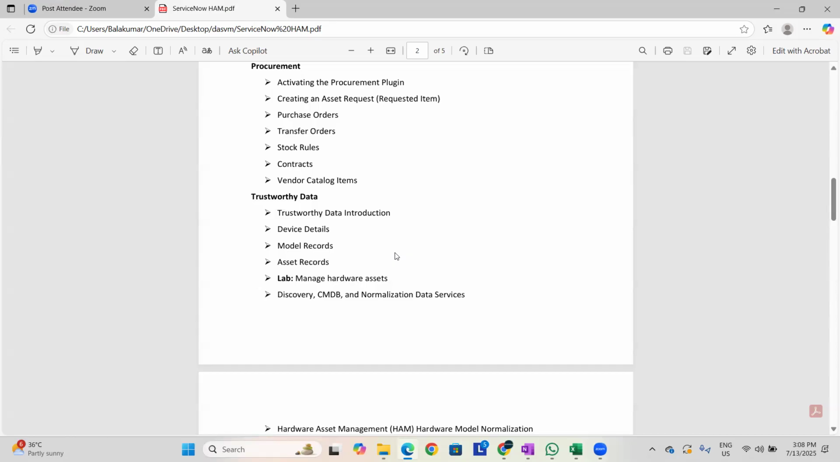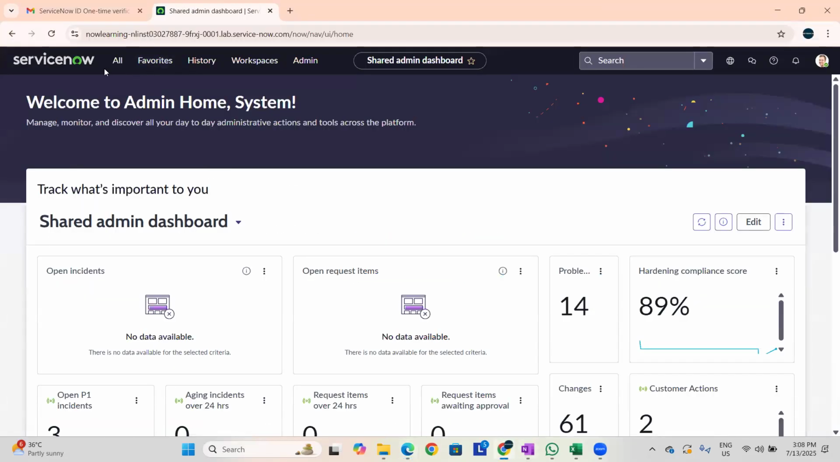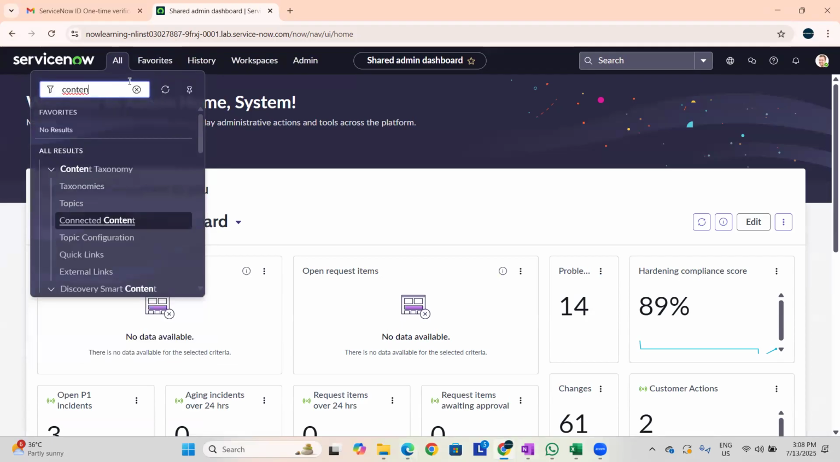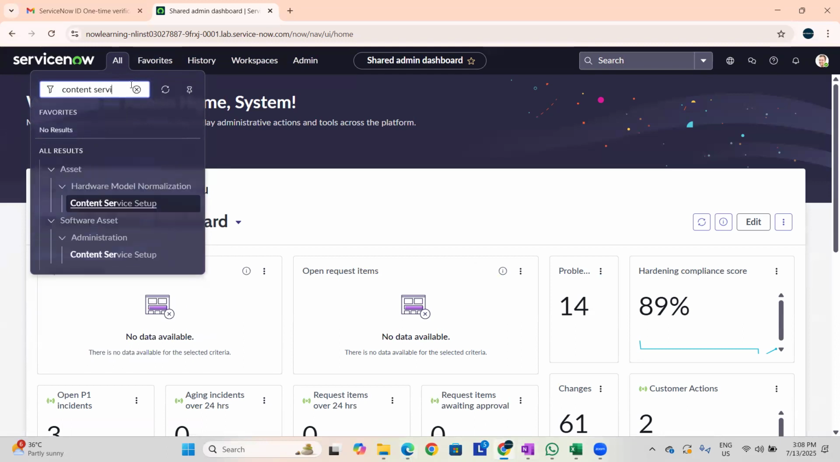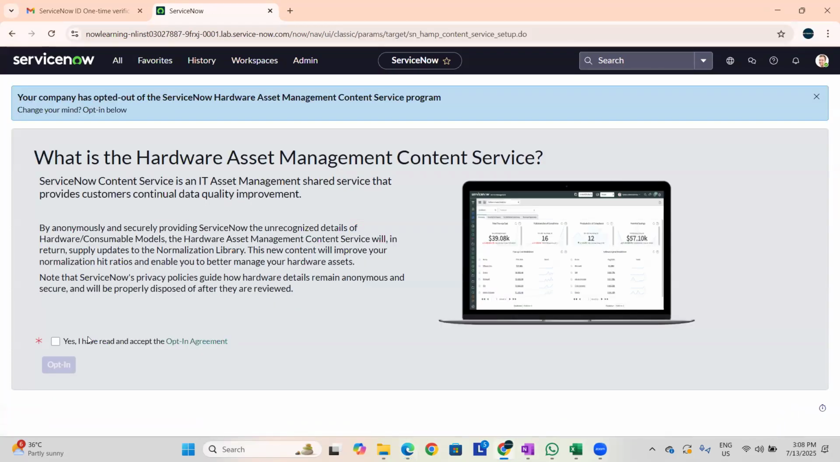Now I'll take you to the instance. I'll tell you how it is working in ServiceNow. So this is a ServiceNow instance. In this instance, first we need to enable the Content Service Library feature. Then only can we normalize the hardware models. So this is that module. First we need to opt in to this